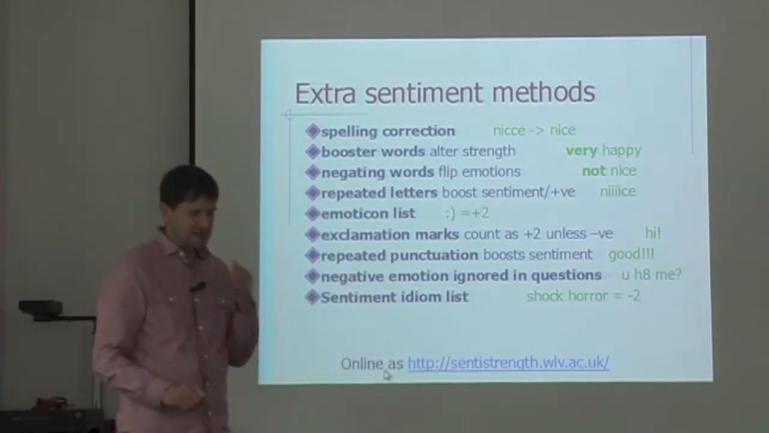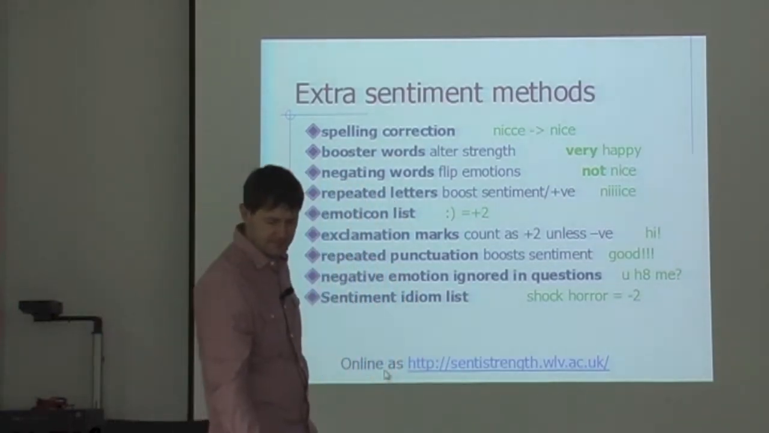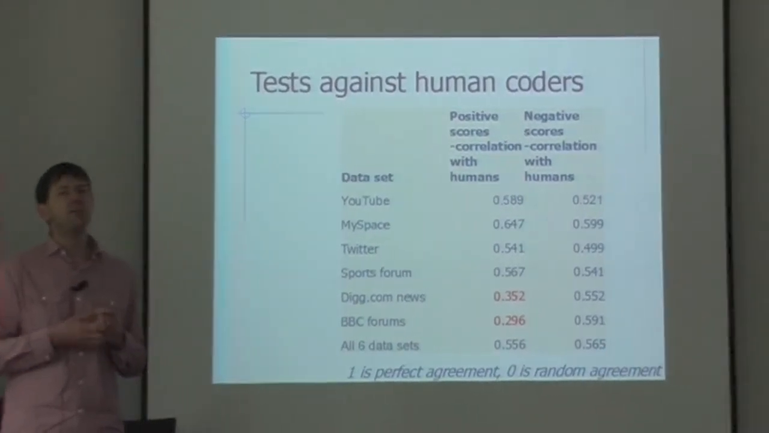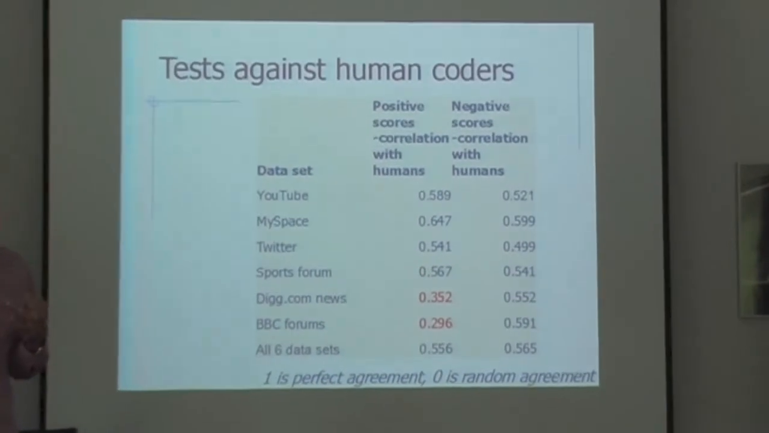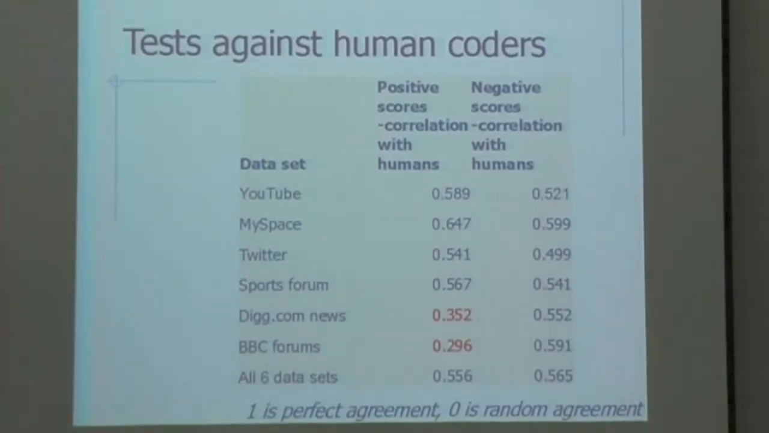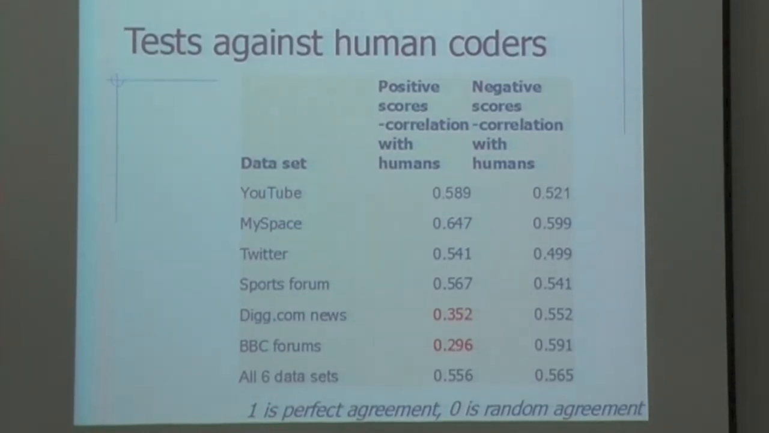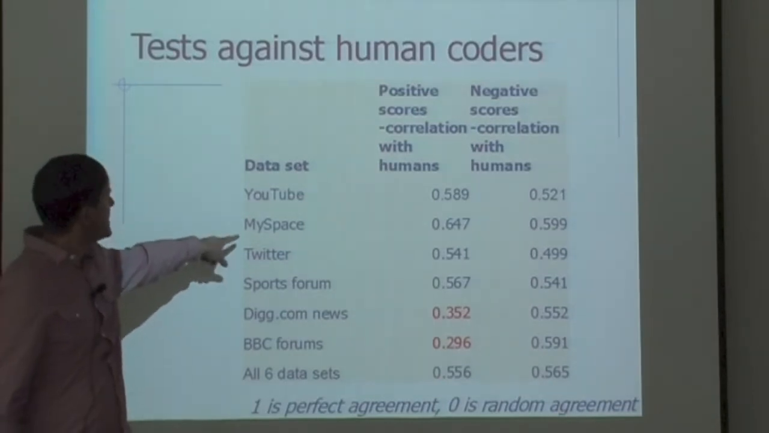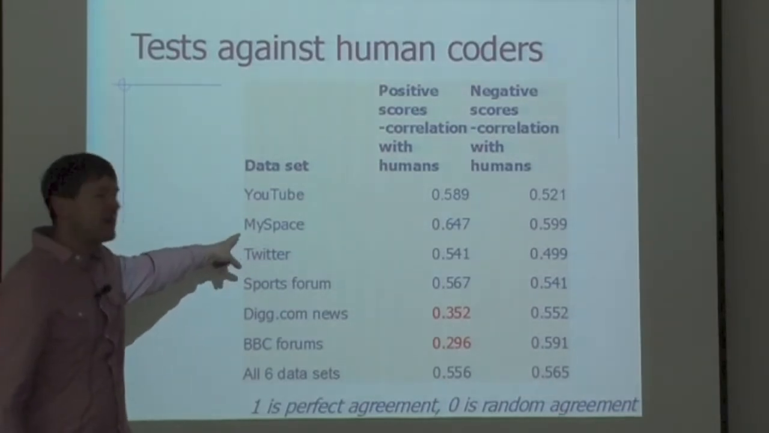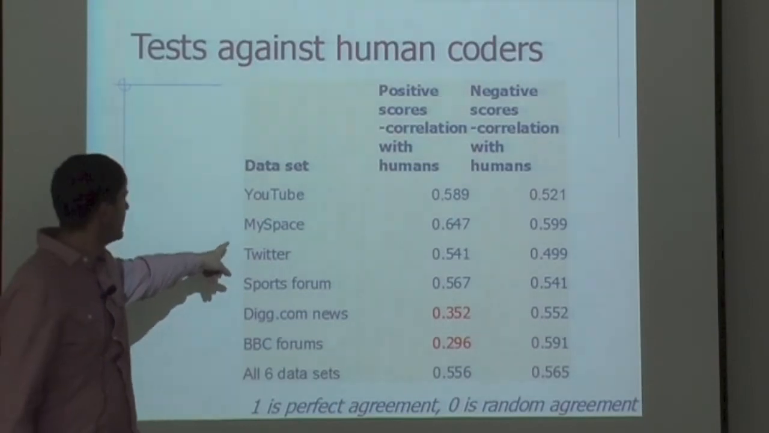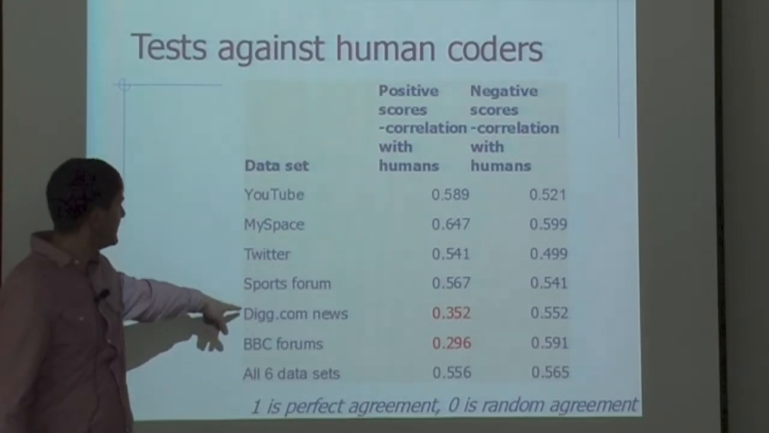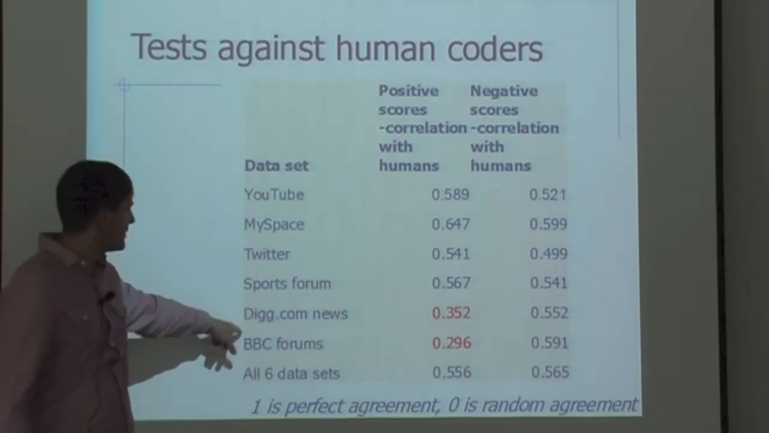So we tested SentiStrength by comparing it against the results given by humans doing the same job. We gave humans thousands of texts to classify from different sources: comments on YouTube videos, comments in the social network site MySpace, a youth-oriented social network site, tweets from Twitter, sports forum comments, news discussions in digg.com,